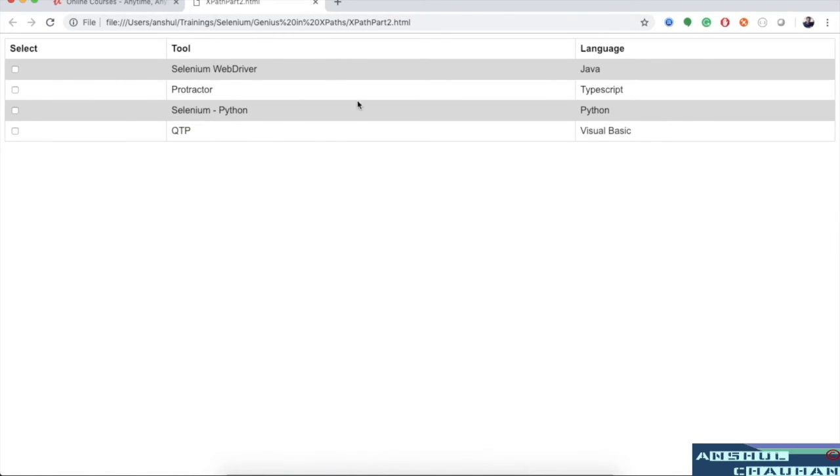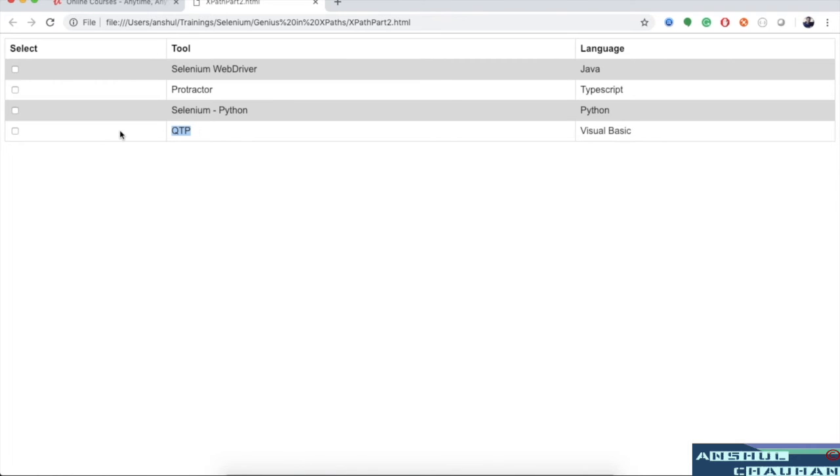We can relate this HTML file UI to a table, and this is an element of the table. Suppose this is a stock market table and this is the value of a stock, which is gaining and losing during the day, and every time you refresh your page the value goes up and down, right?